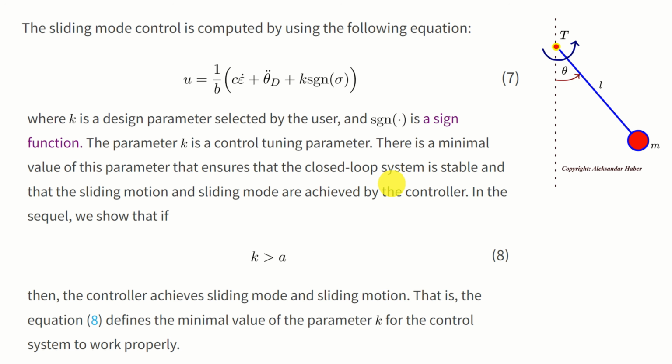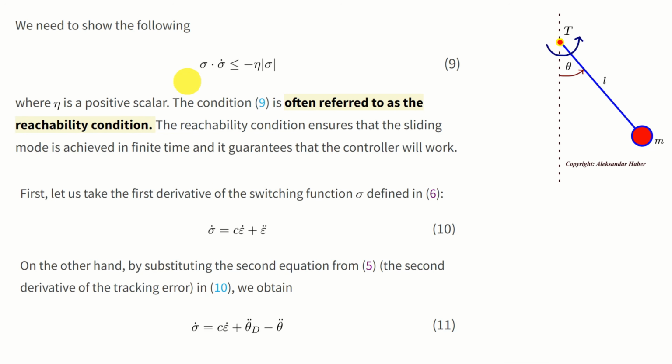That is, this equation over here defines the minimal value of the parameter k for the control system to work properly. We need to show that this equation is satisfied. In this equation, sigma is the switching function, sigma dot is the first derivative of the switching function, eta is a positive scalar, and this notation over here denotes the absolute value of sigma, that is the absolute value of